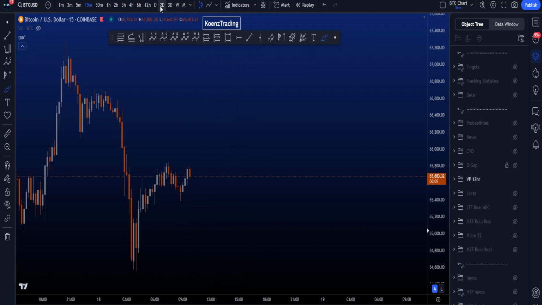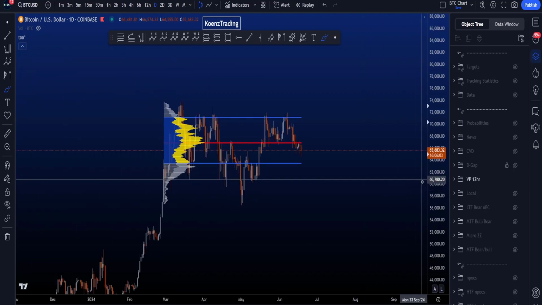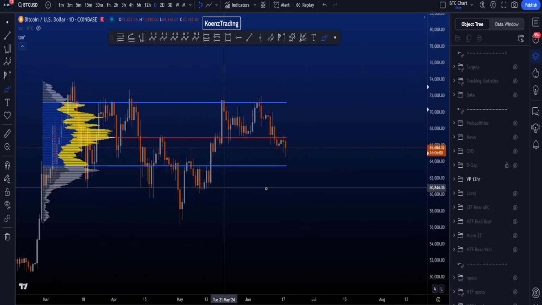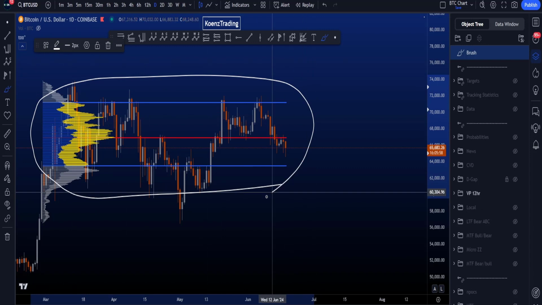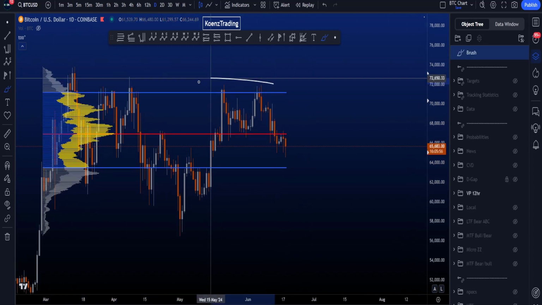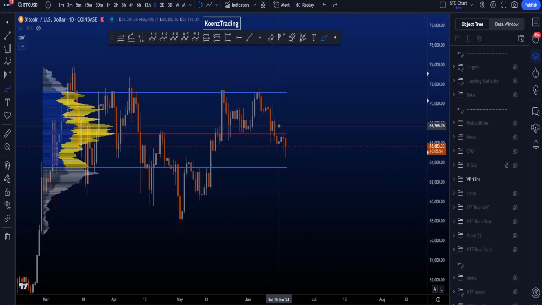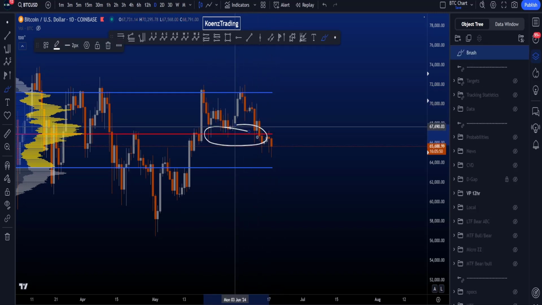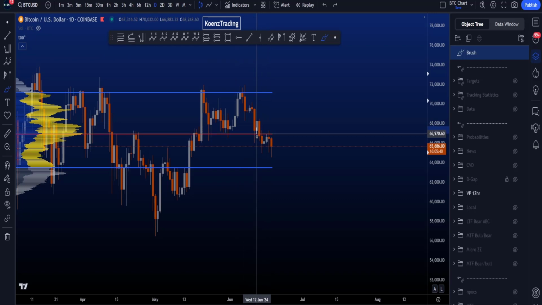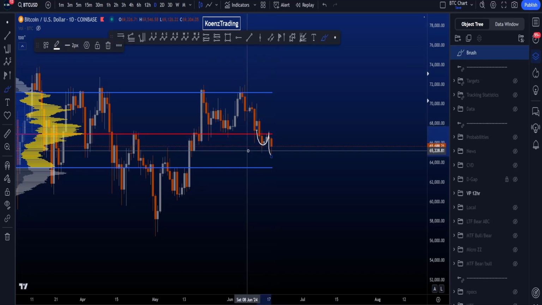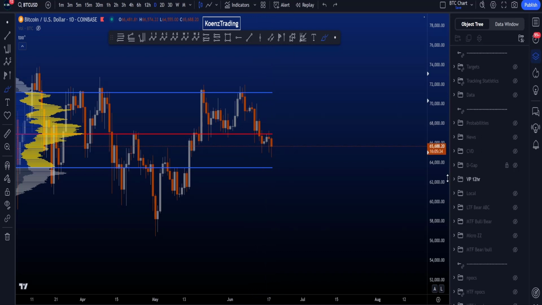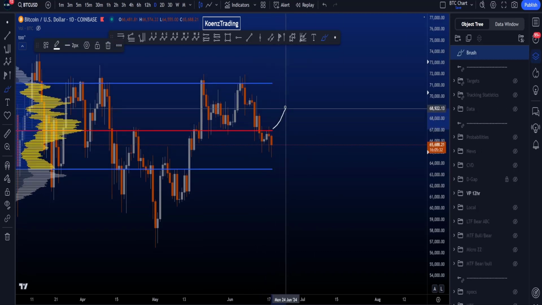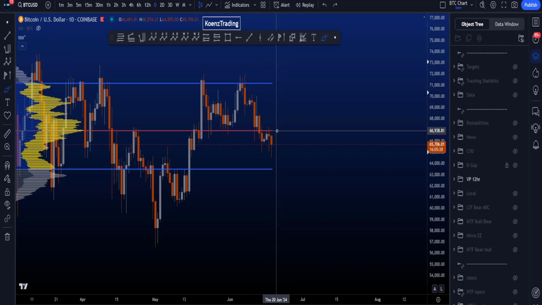On the daily time frame, we have now also lost the point of control of this range. This is the volume profile of the range that we've been in, the value area high acting as a very nice resistance, moving to the downside, hitting the point of control multiple times here, important support, but now we lost the point of control, retested it as a resistance, and moved towards the downside to take the low. Of course, for probabilities to increase for a bigger bounce to the upside, we now want to flip this point of control back to support at